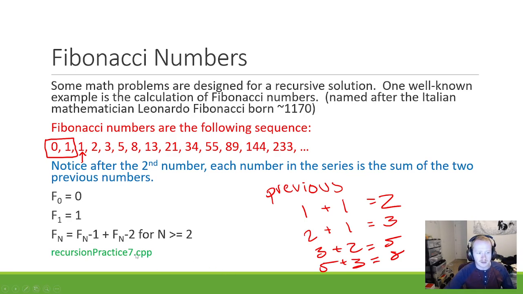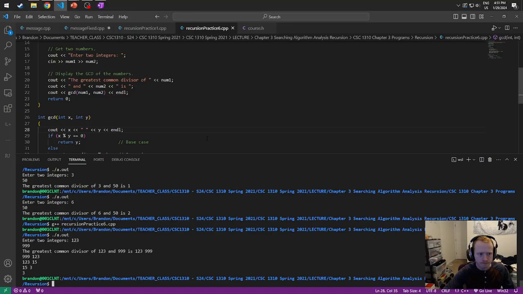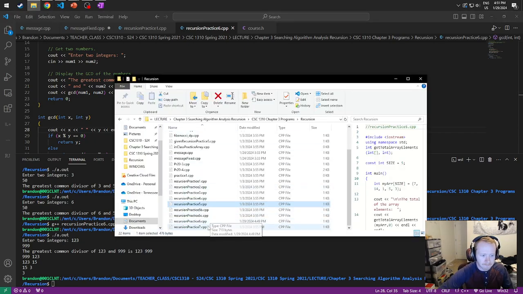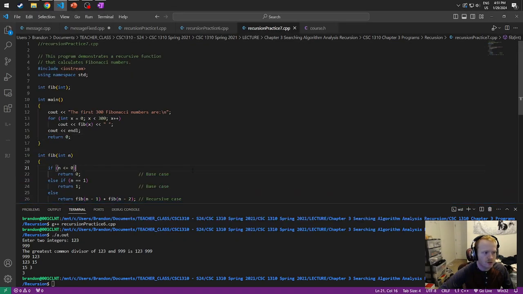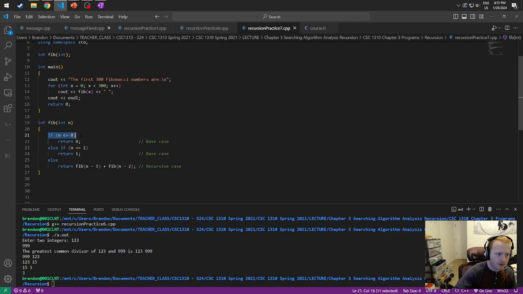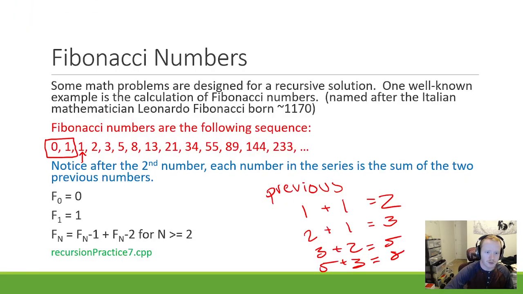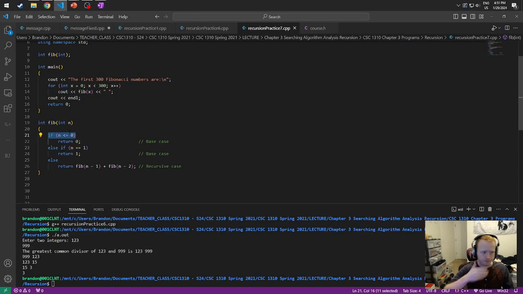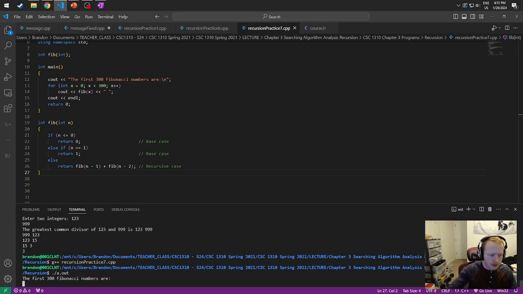So we have recursion practice 7. If I can pull it up. And this is just saying the first 300 Fibonacci numbers. And looking at the code for it, if n is less than or equal to 0, we return 0, or if it's equal to 1, we return 1, because these first two numbers kind of have their own rule. Outside of that, we are taking the previous number and the current number. So G++, recursion practice 7, and we run it,